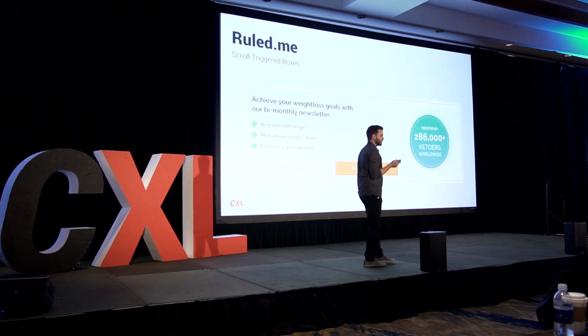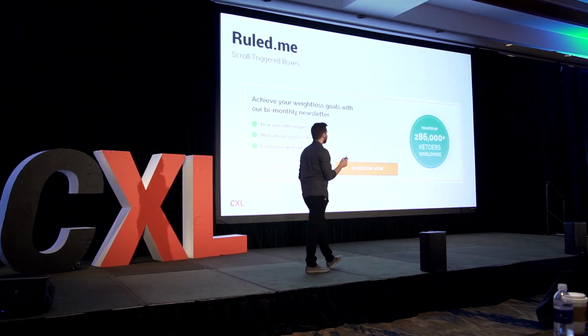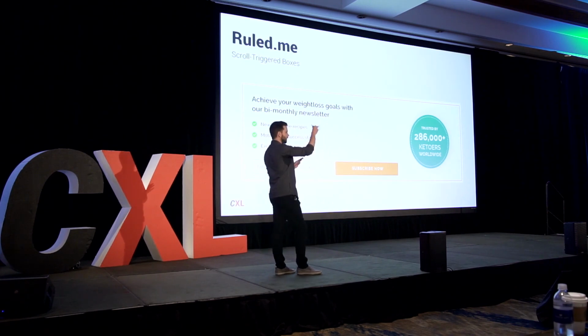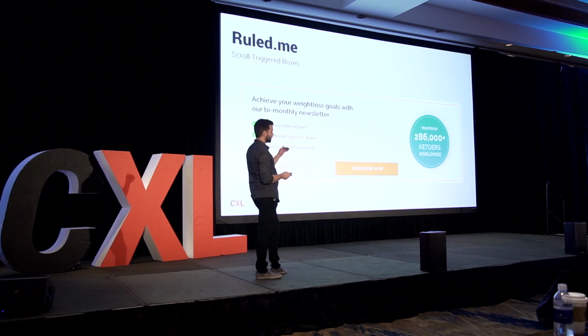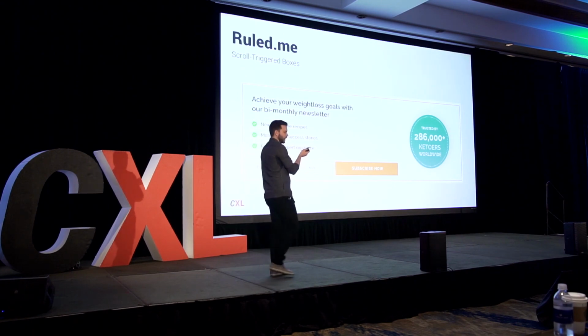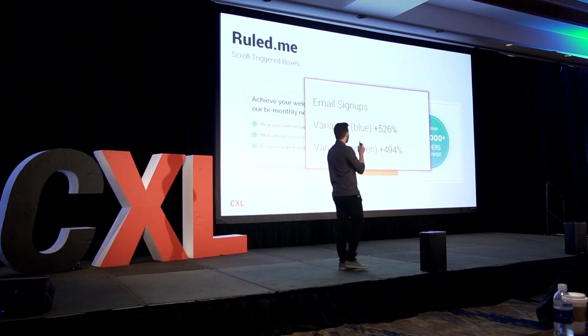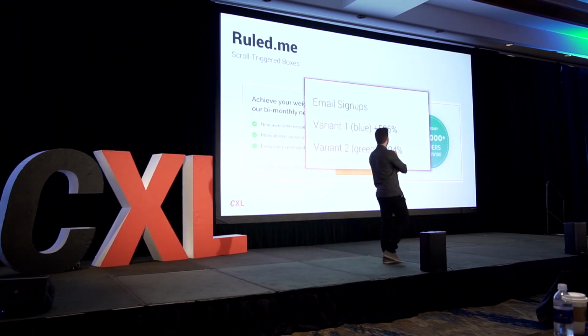Another follow-up test that we did for this was they wanted to change the layout. Instead of having the right sidebar, we got rid of the sidebar completely, and then decided to go with the scroll trigger box that comes once you get to a certain point in the content. This box slides in. The messaging is pretty much the same. And the result of this one, an additional 520% increase for variant 1.